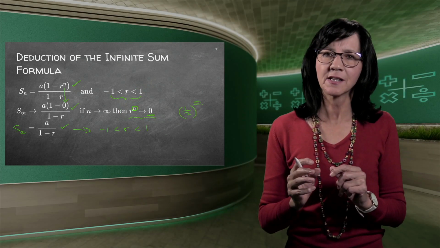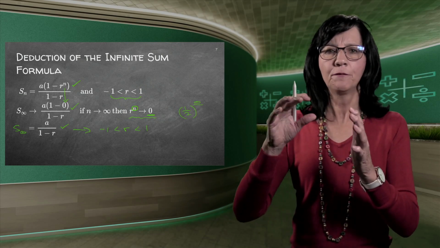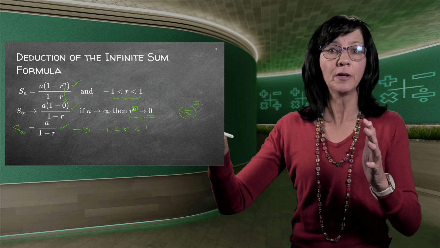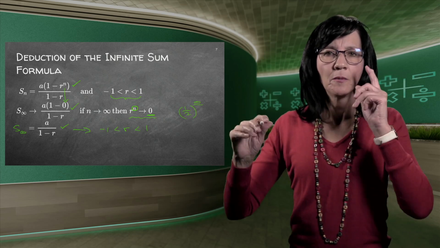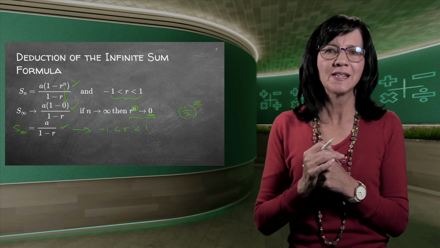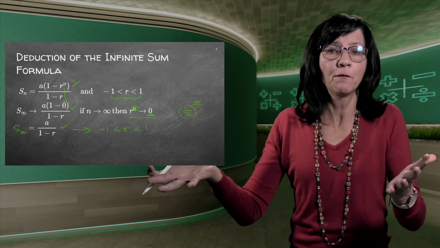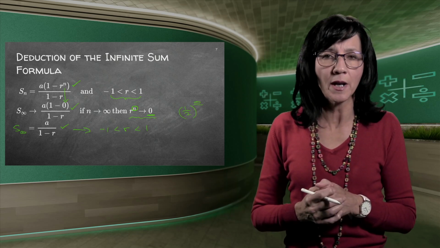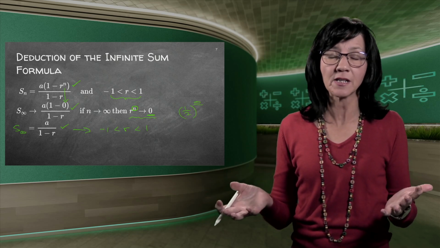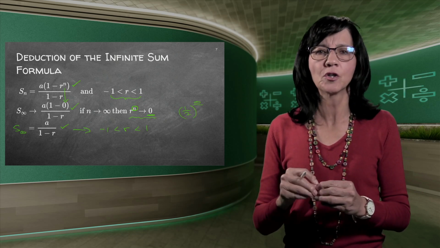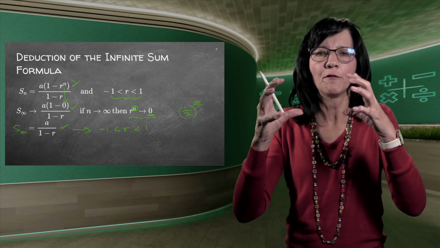Now, what many times happens in an exam, if it's 2, plus 4, plus 8, plus 16, plus 32, you can see I'm timesing by 2. Pupils forget, and if they ask what is the sum of this, they don't say it's infinity. They try and use this formula. If you do, you'll see you get all funny answers. This formula only works if my sequence converges.